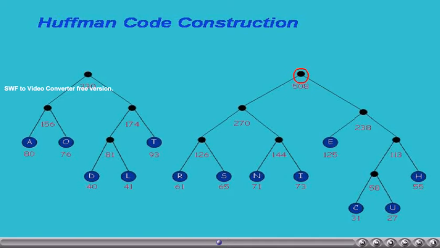A new node is formed by adding two internal nodes whose frequencies are 270 and 238, giving the resultant node frequency as 508. Now another new node is formed by adding these two subtrees whose weights are 330 and 508. The resultant node is 838. So this is the root node of our Huffman tree for this given data.